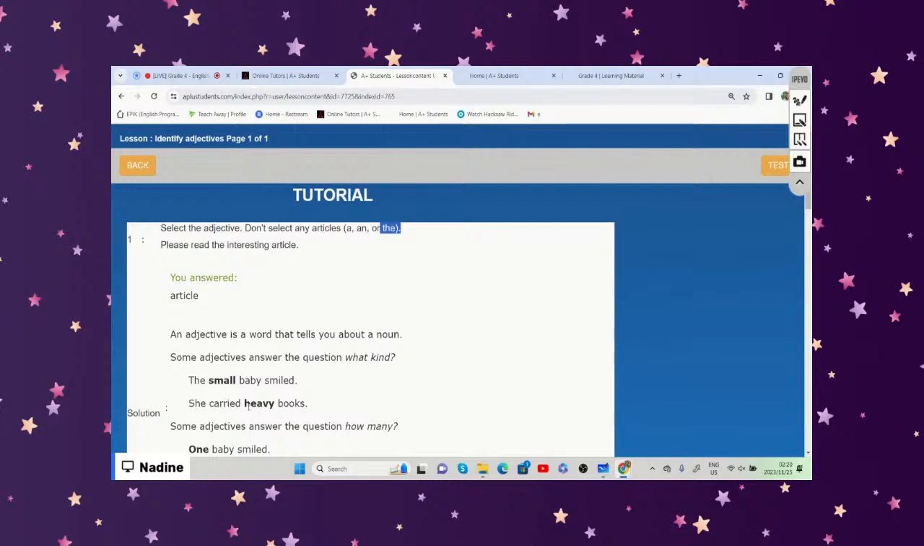Is it please? Is it read? Is it the? Interesting? Or is it article? We need to identify the adjective within that sentence. It's like asking yourself, what kind of